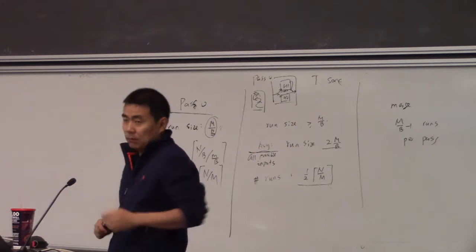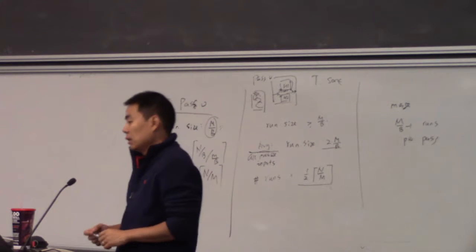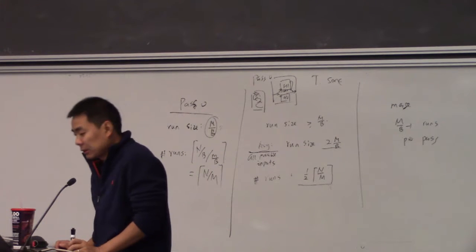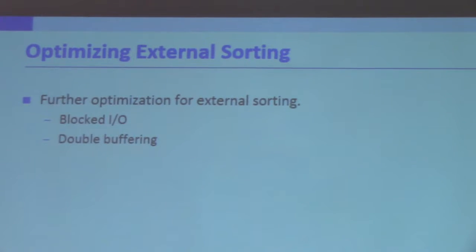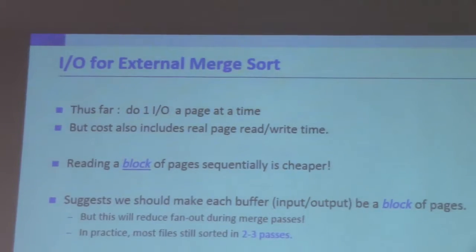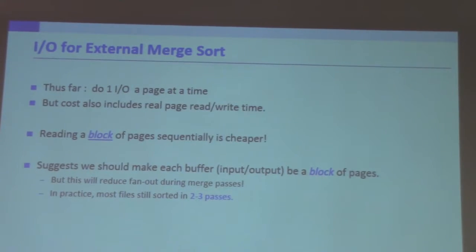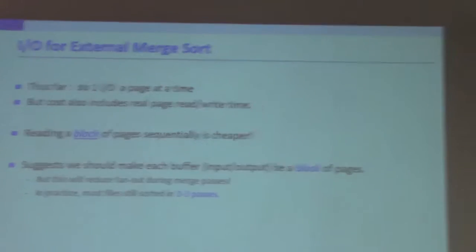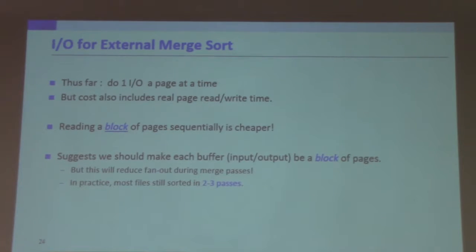Now I'm going to briefly talk about two optimizations people do for external sorting, right? One is called block I/O, the other is called double buffering. So let's look at block I/O first. If you think about the basic external merge sort algorithm we have discussed, we do one I/O per page at a time. What I mean by that is,